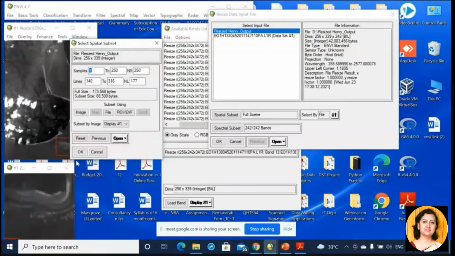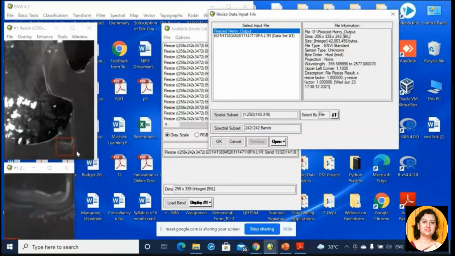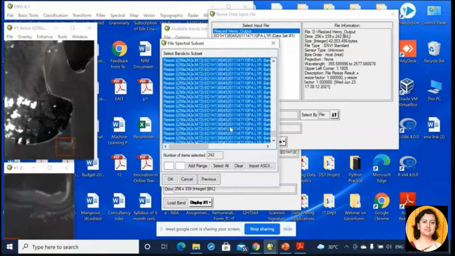Click OK. Again, click OK. Now, spectral subset. Spectral subset is here, all the 242 bands are selected now. Here, if you want to remove some bad bands and then save the output image, that also you can do.